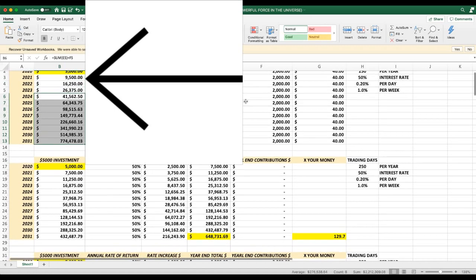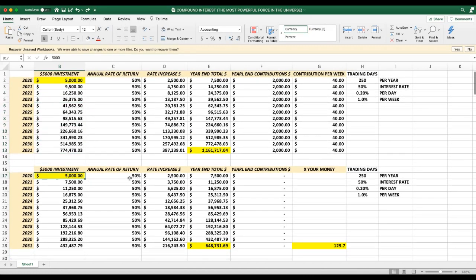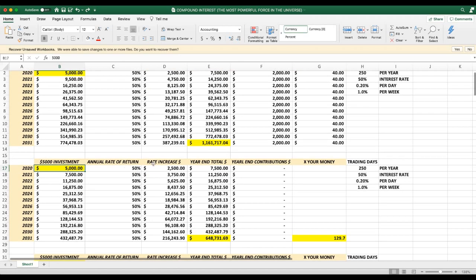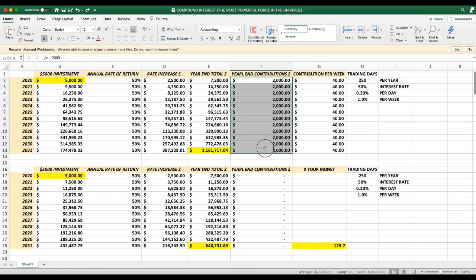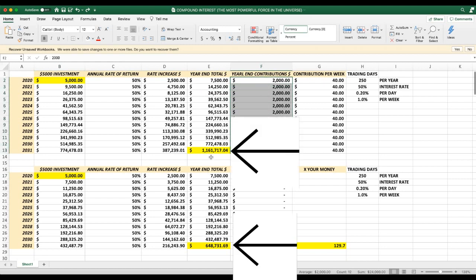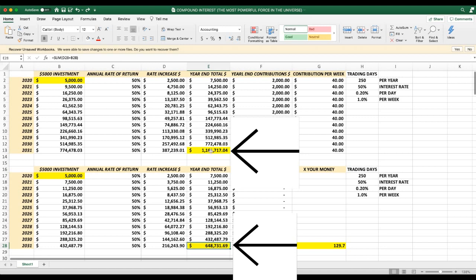Now let's say you don't add. Let's say you just want to put 5,000 in and not add any money to it. That's fine too. Now, what's the difference if you add 2,000 a year? It's 1.1 million in 12 years. If you don't add, it'll be $648,000. You think, wow, that's still a lot of money, which it is. But look at the difference if you add a measly 24,000. Let's total that, sum it.